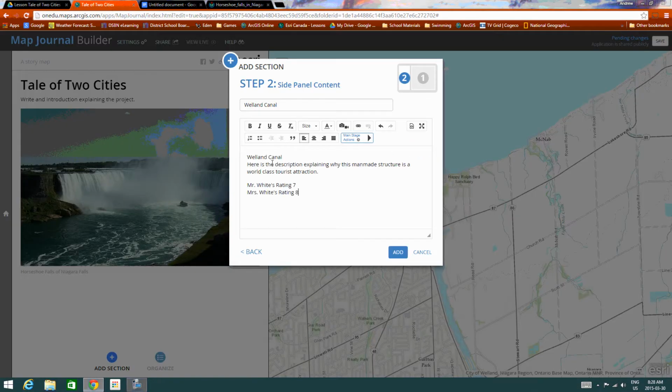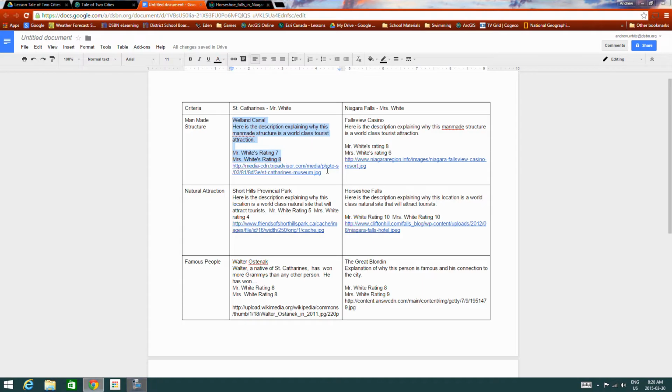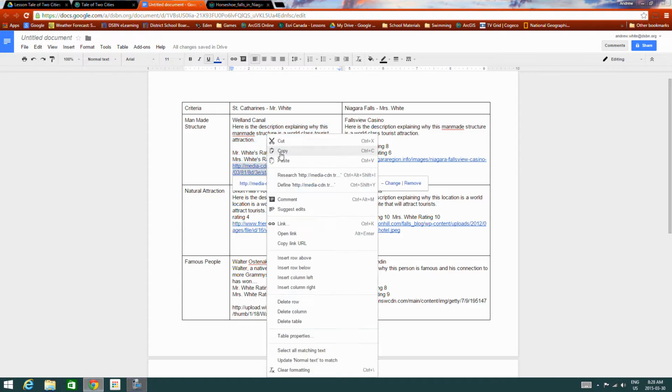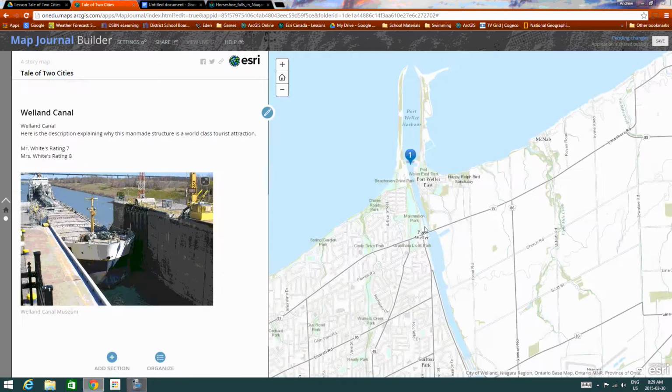Paste it in here. And then include our image. All right, now we want to go to our next feature, which was